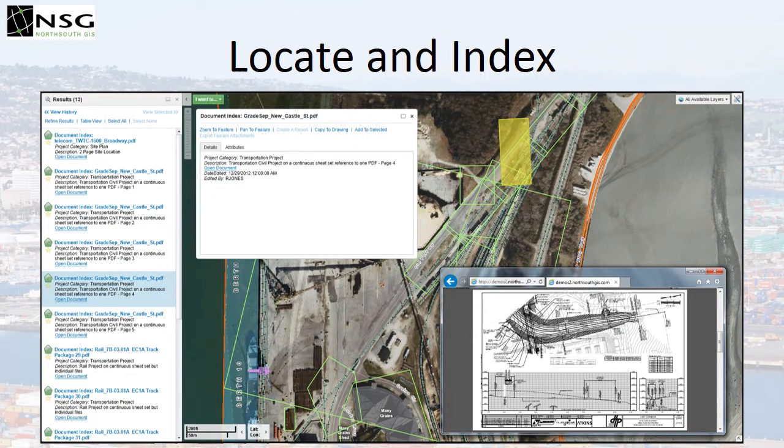An advanced form of assessment, inventory and assessment of the data, is to take the data that exists, whether it's in paper or CAD drawing format or what have you, and plot it out on top of the port's aerial photo or some other base map to show the extent of each one of these disparate data sets. So as you can see in this map, the green rectangles or the green shapes are the outlines of specific drawings or data sets. Not only does this help assess overlaps and therefore sort of prompts the port to determine